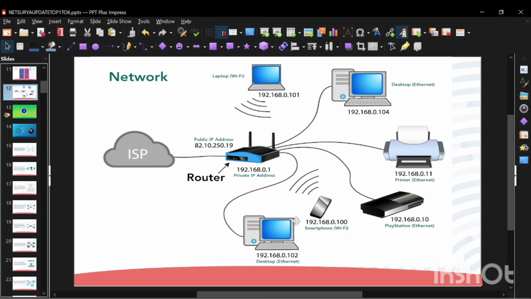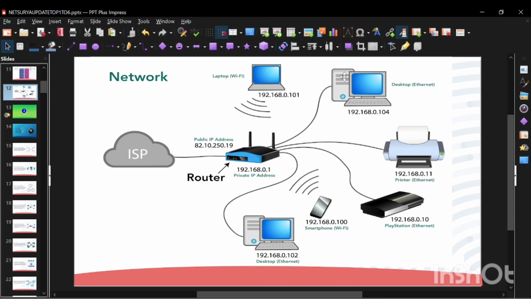The two desktops, one and two: one has the IP address 192.168.0.102 using an Ethernet cable, and the other has 192.168.0.104, also connected through Ethernet.